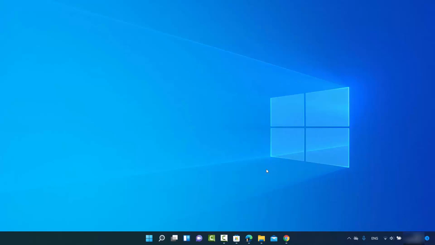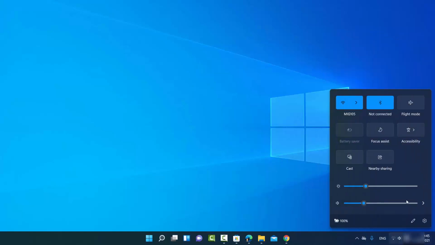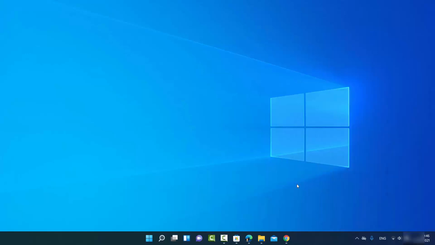So let's get started and let's see how we can do it. Windows 10 used to have this option or app which was called Connect, which was available on the Windows 10 taskbar. So when you click on the Windows 10 taskbar here, it used to be available, right? But in Windows 11, this Connect app is not available by default, but you can install this Connect app